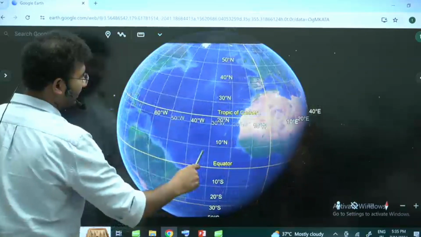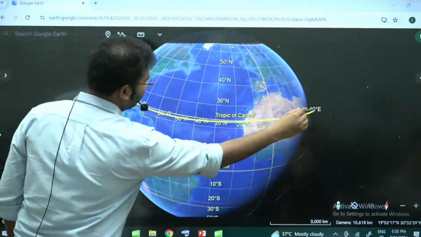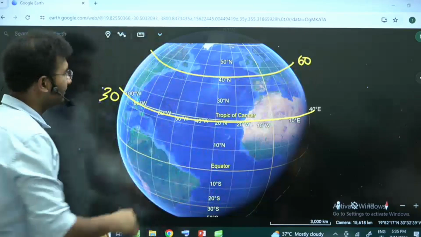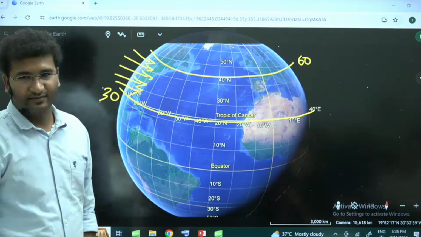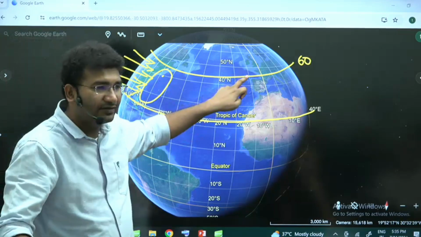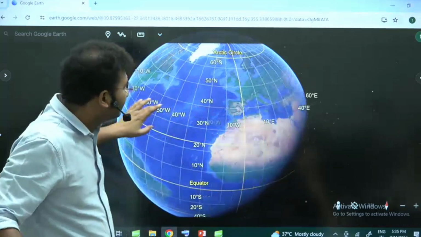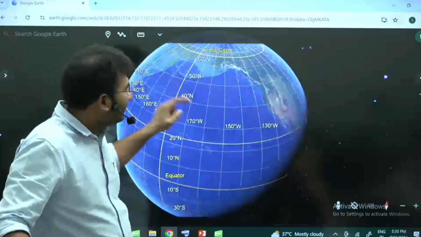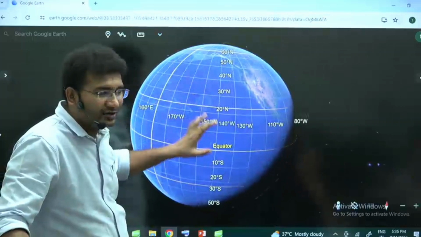Till now, what we have studied, that is easterlies, right? Where do you have westerlies? This is the area you will find from 30 degrees north to 60 or 55 degrees north, you have westerlies. Now you tell me, what kind of water should you have here? Cold. What kind of water should you have here? Warm. Right? You should be having warm water here. Next. Here? Cold. And here? Warm.